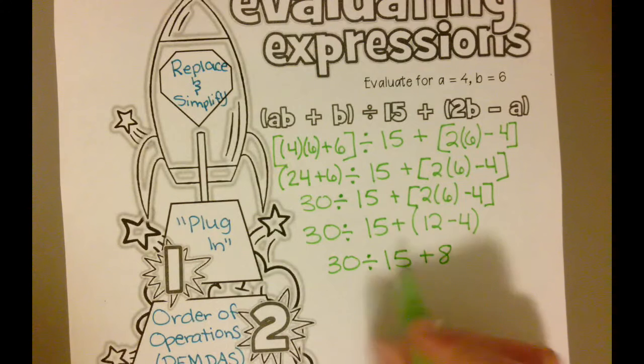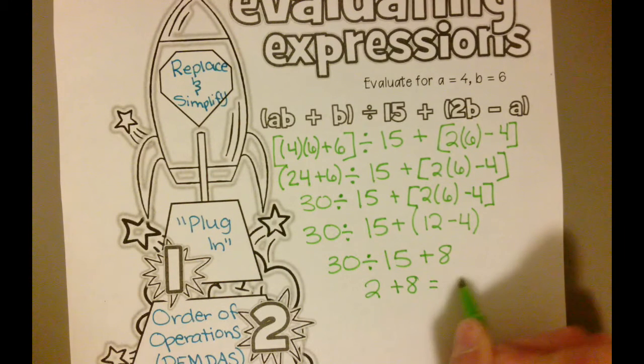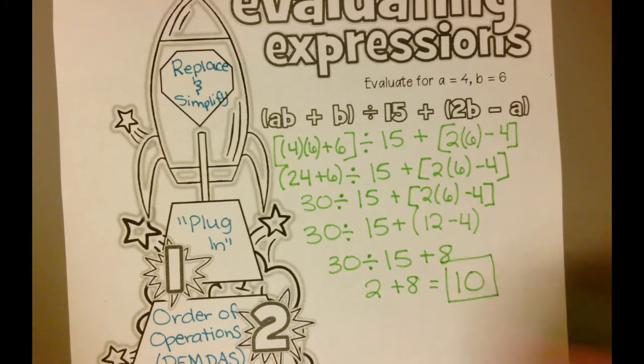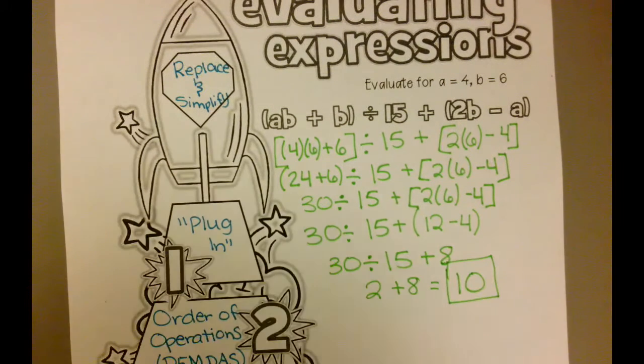So 30 divided by 15 is going to give me 2. Bring down my plus 8. My final answer should be 10. Now again, when you're showing work for me, I want you to write it neatly and then put a box or a circle or something around your answer so I can tell it from the rest of your problem. All right,